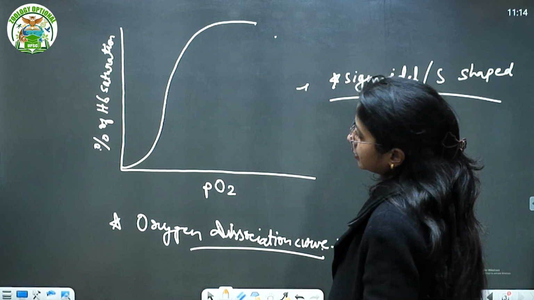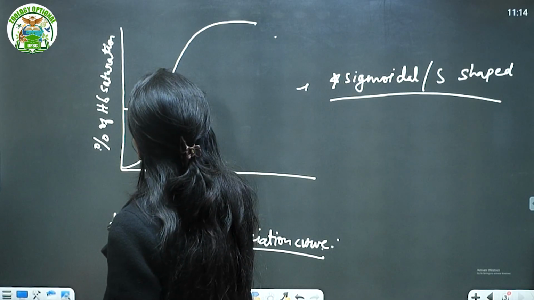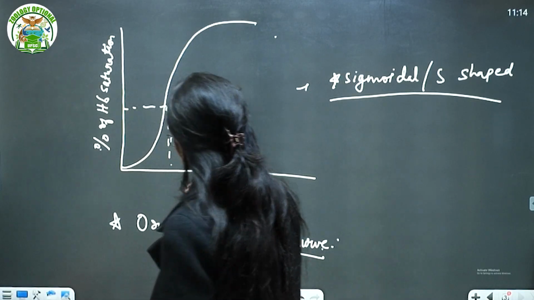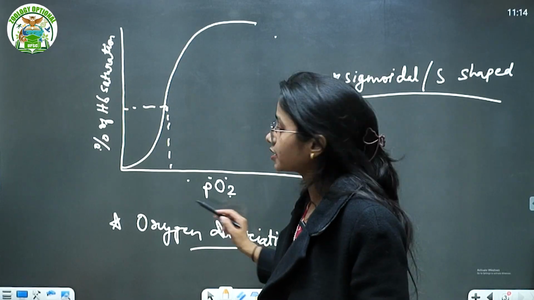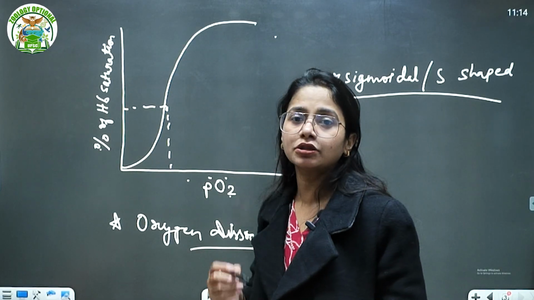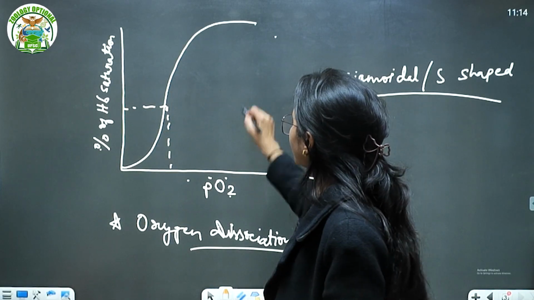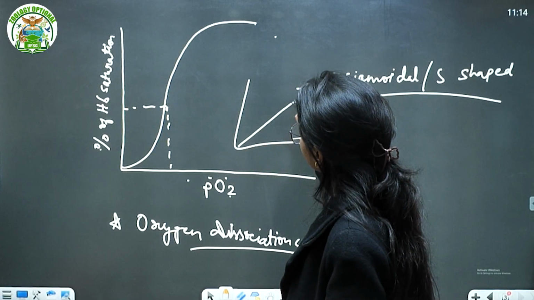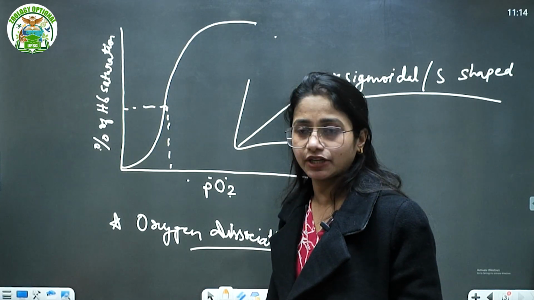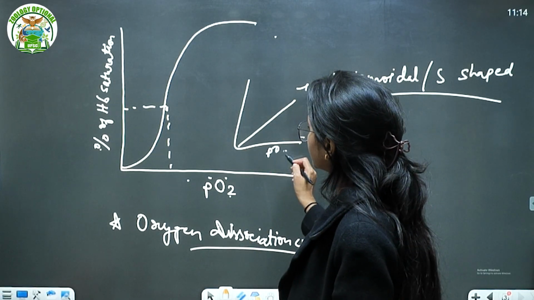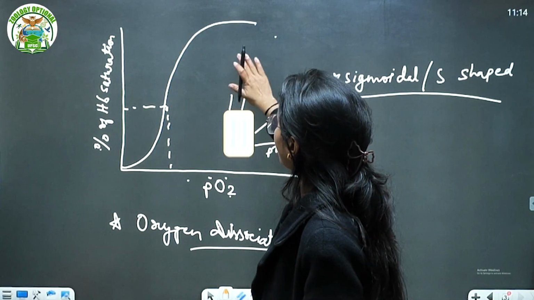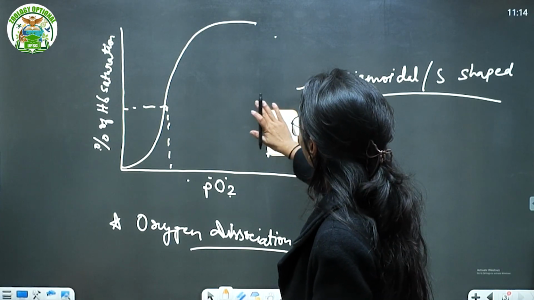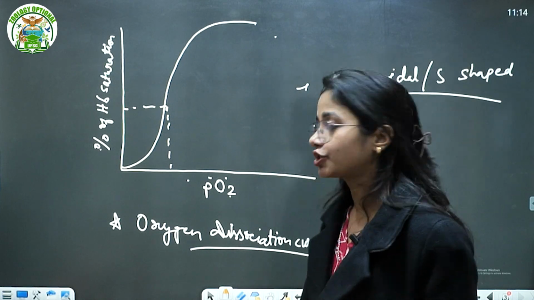This is your graph, okay. As you see here, as the PO2 is increasing, as the molecular pressure is increasing, the binding capacity is not increasing directly. It is not like that. It is not a direct relation, okay. As PO2 is increasing, the percentage of hemoglobin saturation increases. No, it is actually affinity. We will talk about the affinity, why it is making a sigmoidal shape, okay.